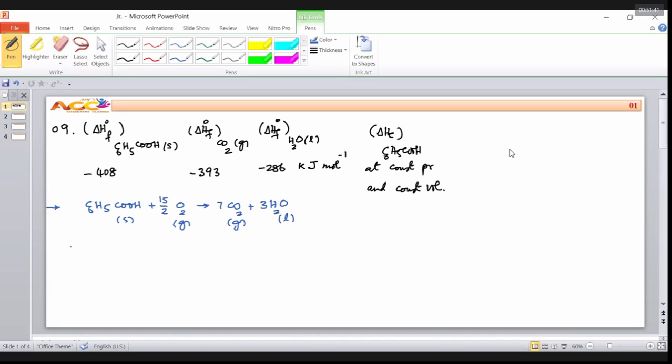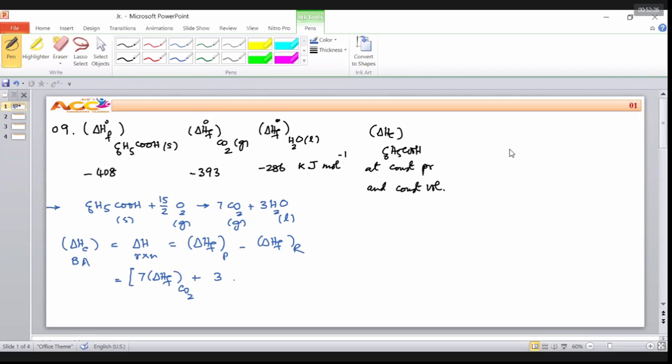So, first of all, we'll go like this. This is enthalpy of combustion of benzoic acid. BA I'm writing. I'm lazy fellow. Benzoic acid is equal to, no sir, this is enthalpy of reaction. If it is enthalpy of reaction, enthalpy of formation of products minus enthalpy of formation of reactants is equal to enthalpy of combustion. This is our demand, formation of products, 7 times enthalpy of formation of carbon dioxide